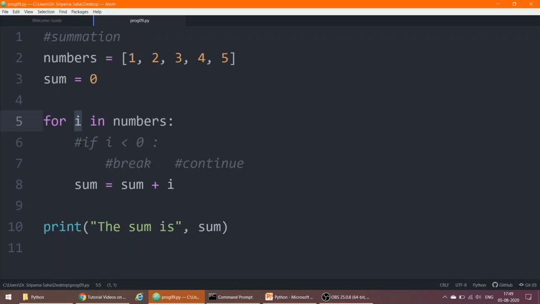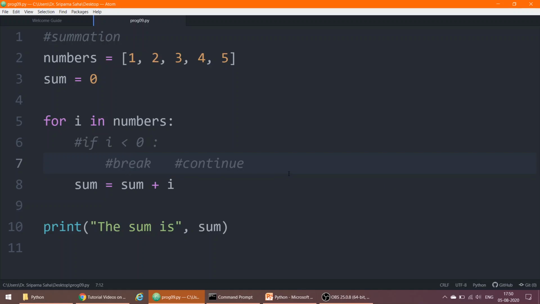Now just omit these two lines, the 6 and 7 number lines, as we have already given the hash symbol, so these two lines will not be executed. Now come to line number 8, where I have written sum is equal to sum plus i.